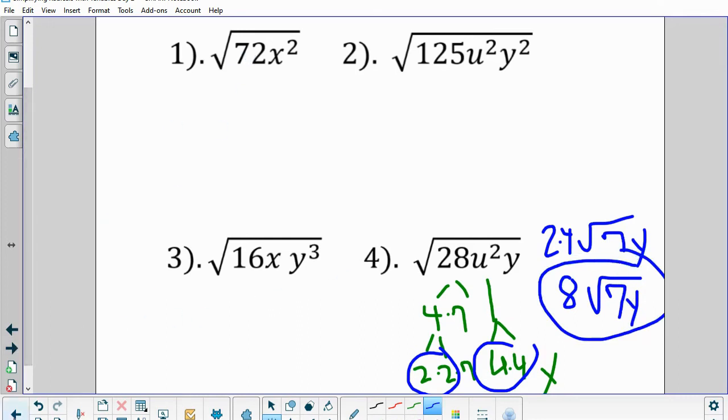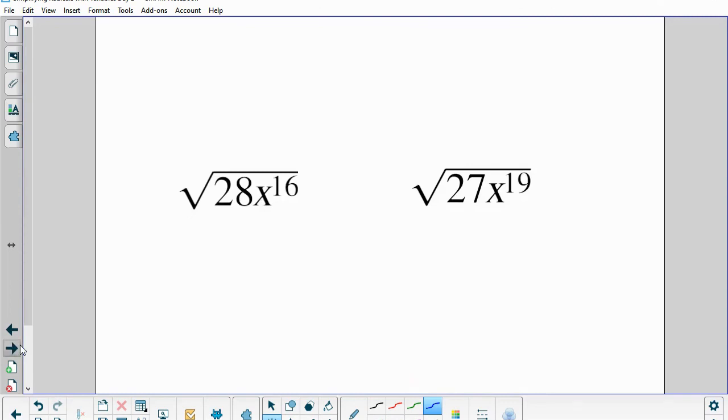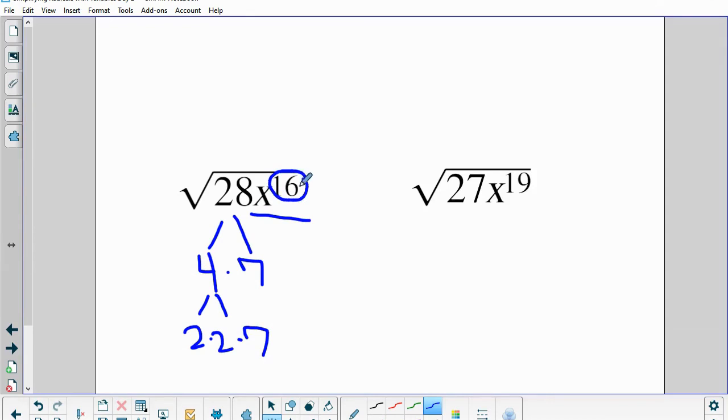Okay, so let's move right along then. What if we have huge numbers here? Man, that's getting kind of scary looking. Let me show you a secret. So as you take out 28, we did that one just a minute ago. That's 4 times 7, or 2 times 2 times 7. Well, what about the variables? Well, here's a trick for you. If this number is even, which it is, you just take half of that, which is 8,